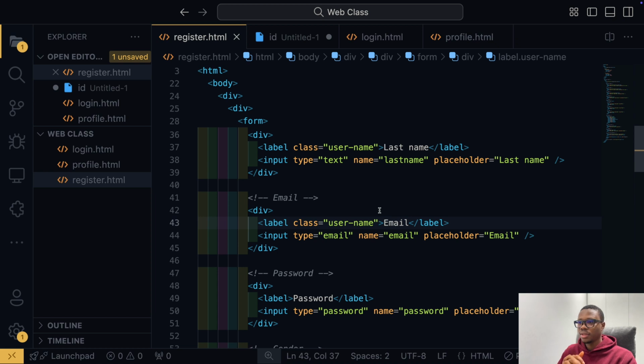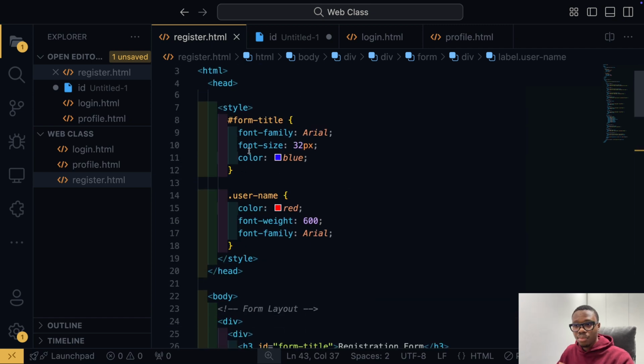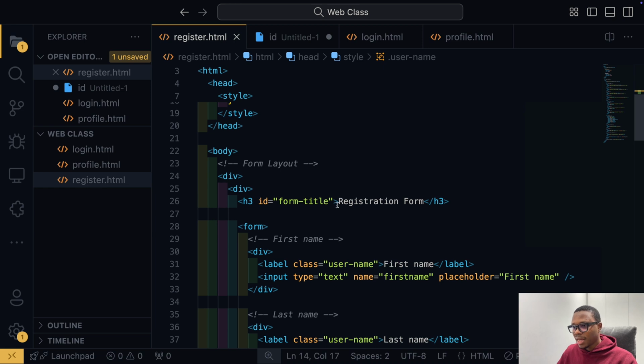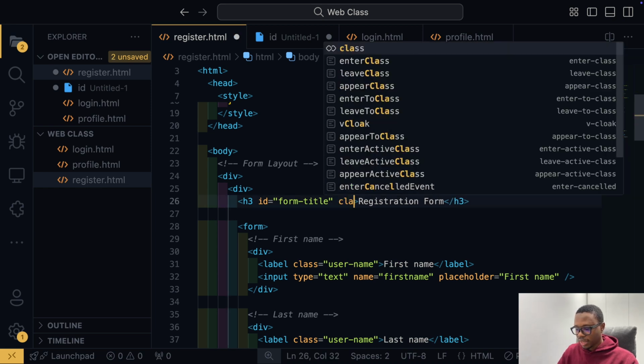And that hierarchy, if you are directly styling an element by its ID in CSS, anything beyond that, anything below that, whether it's the tag selector or the class selector, the ID is going to override those styles as far as you have exactly the same properties. So for example, if I take this username class, and I apply it to this registration form title,